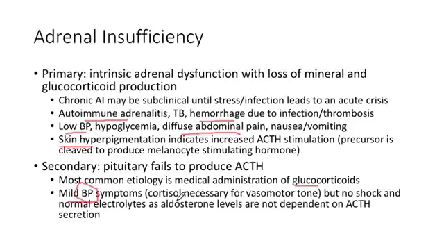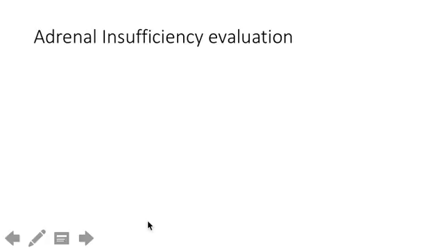And I put in here, in case you wanted some basic science knowledge, that cortisol is actually needed for ADH action on the vascular tone. So without cortisol, you do have some inherent hypotension in general. And again, the electrolytes here should be normal. They should have a normal sodium and a normal potassium, whereas in these primary patients, they should have hyponatremia and hyperkalemia. And likely they should also have an acidosis as well.